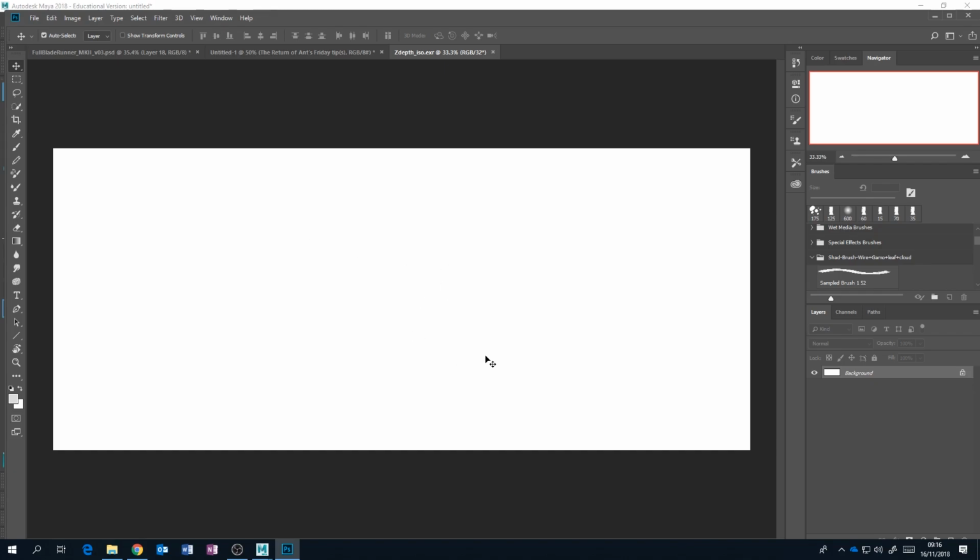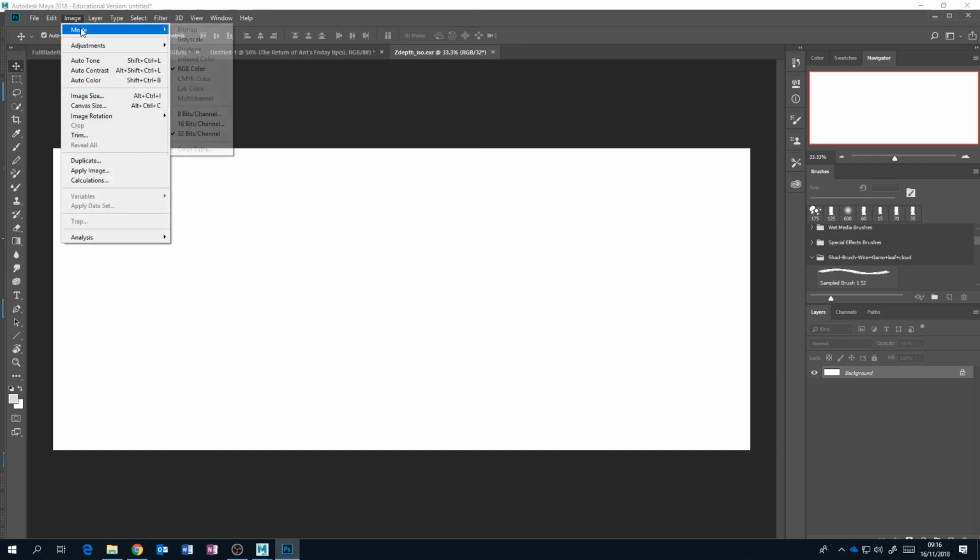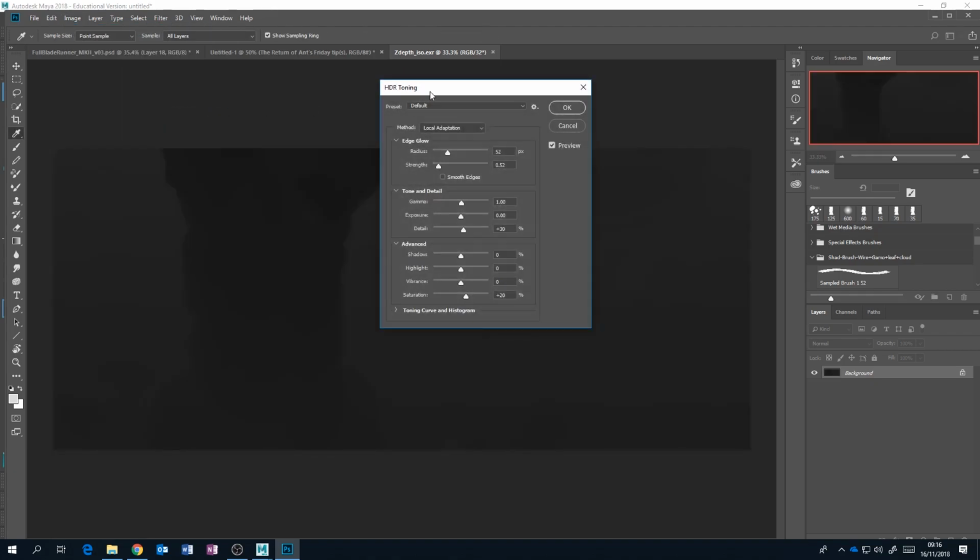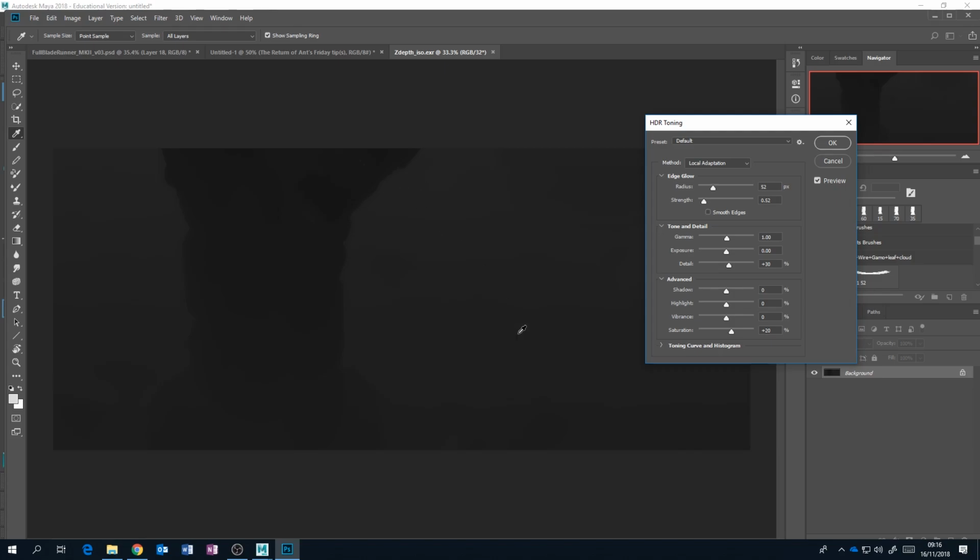So when Photoshop brings them in, it's just going to look completely white. I'm going to show you that it is there, but you've got to do some stuff to make that Z depth appear. So it comes in as a 32-bit image. What you have to do is turn it into an 8-bit image. And instantly, when you do that, it'll darken and you can start to see your objects, your scene begin to